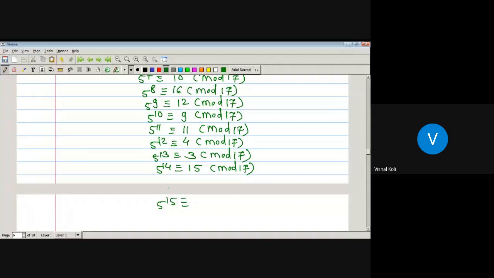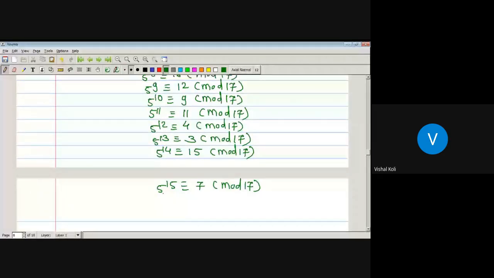5 to the power 15 is congruent to 15 into 5. शिल्लक कोण राहिले बघा त्यामध्ये, 7 शिल्लक राहिले असतील. 7 is congruent modulo 17. And 5 to the power 16, 16 is nothing but φ(17), then 5 to the power 16 is congruent to 1 modulo 17. Okay. Now, याच्या पुढे कोणताही इंटिजर घ्या कारण φ(17) will be 16. याच्या पुढचा कोणताही इंटिजर तुम्ही घेतला तर तो 1 ते 16 त्यामधल्या एका नंबरला कॉन्ग्रुएंट असेल.